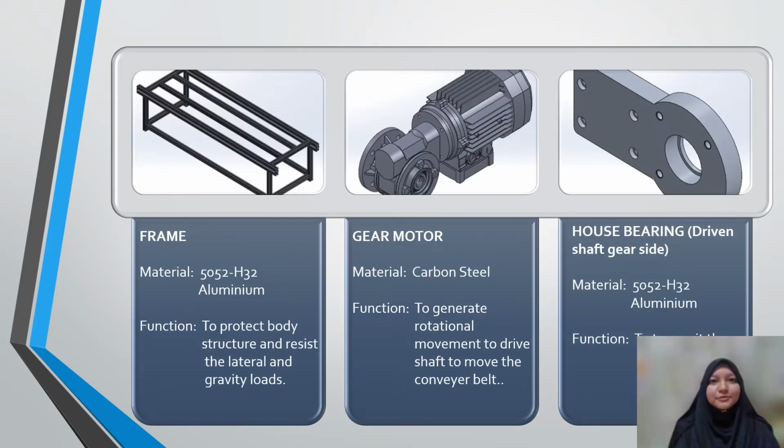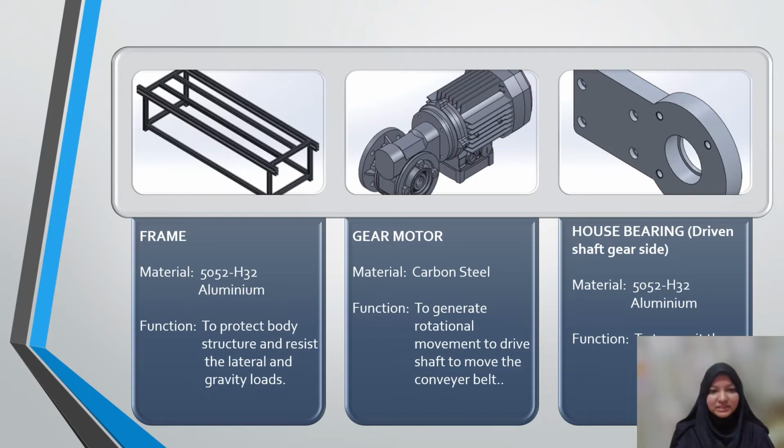The frame is to protect the body structure and resist the lateral and gravity loads, made of 5052H32 aluminium. Then the gear motor, made of carbon steel, generates rotational movement